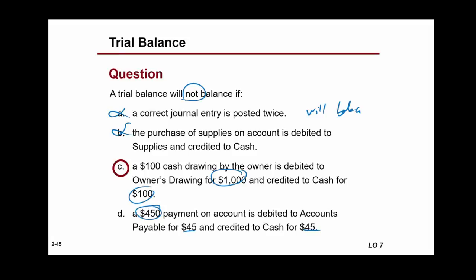Any questions? Yes? So which one? B. In this case, the company purchased supplies on account. They say that the company purchased supplies on account for $500, just to give it a number. So what do you do to supplies? Supplies, you debit 500, and it's supposed to be on account. So the correct one is accounts payable is credited 500. Instead of crediting accounts payable, you actually credited